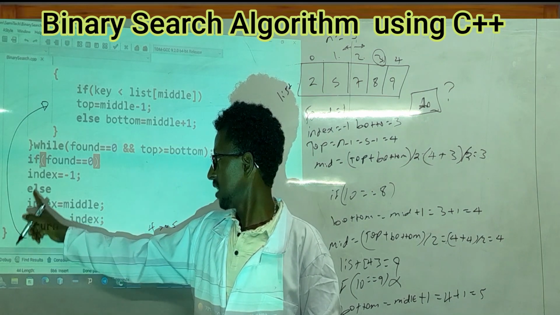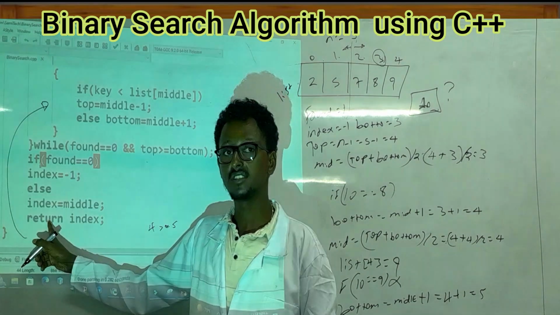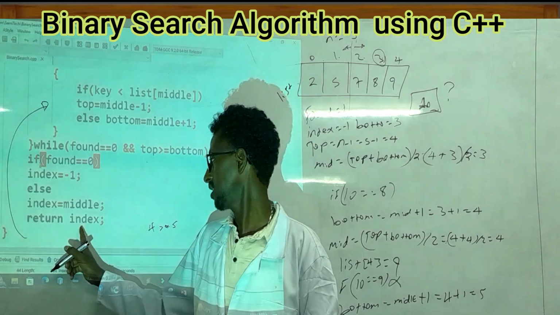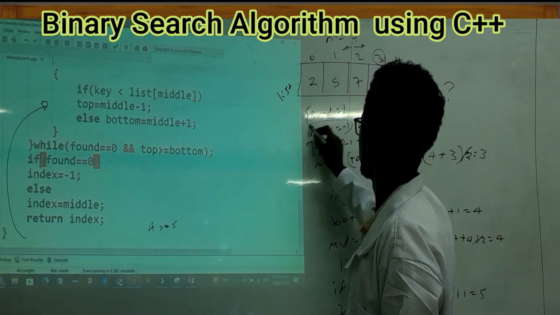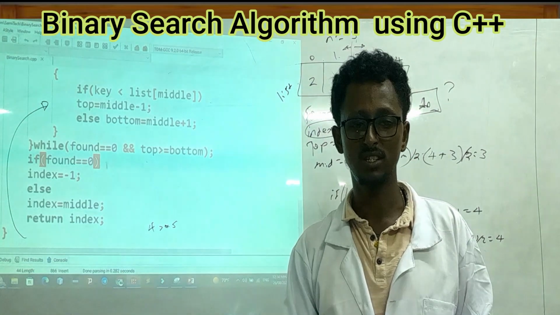Else didn't have the brace, therefore this statement is jumped and this statement is executed. That means return the index. Return the index. So what is the index? The index is minus 1. So when we run it, this